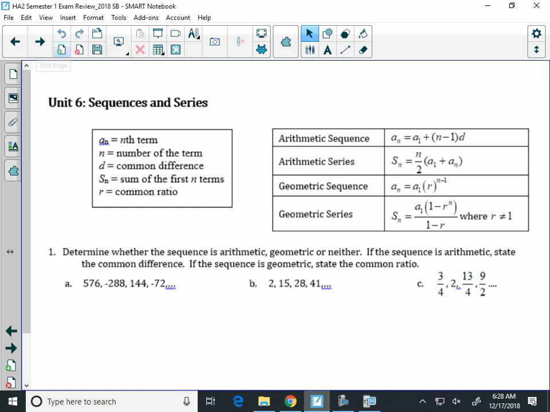This is the Unit 6 video for the Honors Algebra 2 exam review. Unit 6 was on sequences and series. All of these formulas, well, at least the box, this formula over here, this will be on your exam on